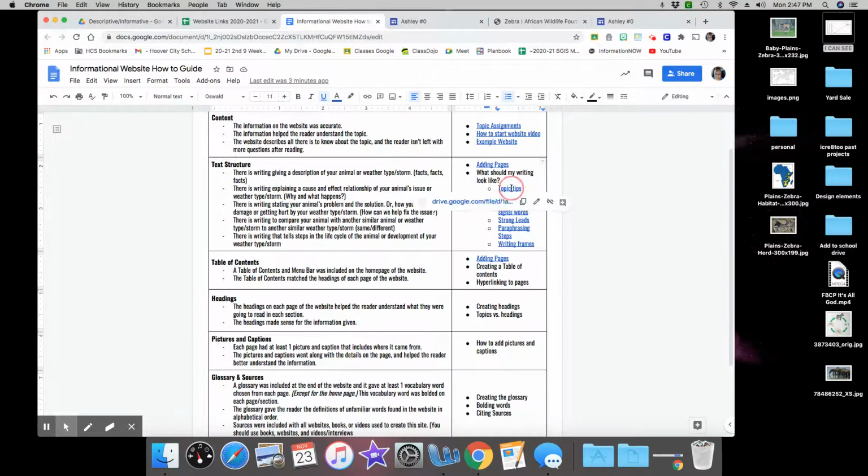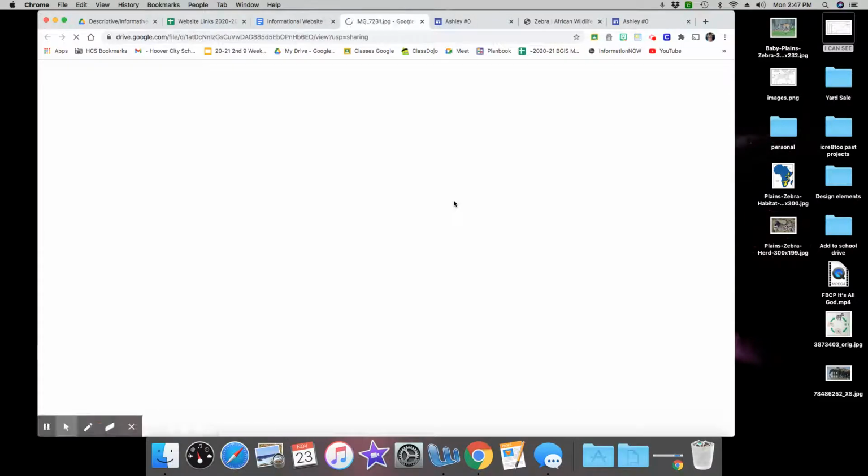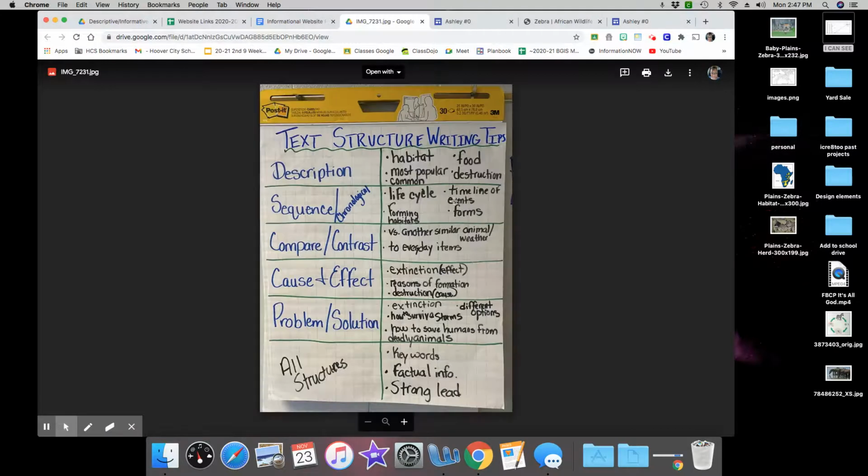First of all, in class, we created a chart to help us come up with some topics that we can write on for each type of text structure. Because our website is all on one animal or one weather type, we want to have some different things to talk about for each text structure. For example, for description, we said we could describe the animal's habitat. We could describe the food that an animal eats or the type of destruction the weather makes, the most popular or common places for our animal and or weather type,